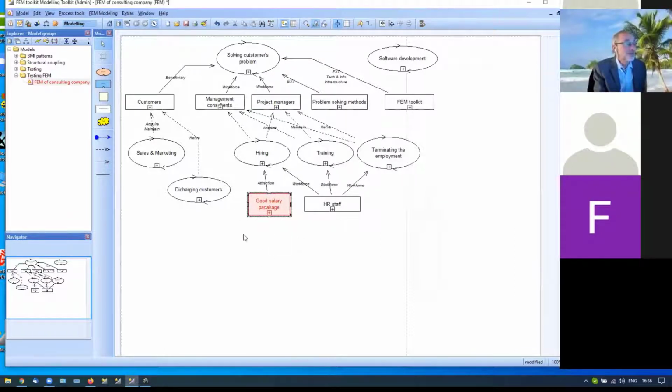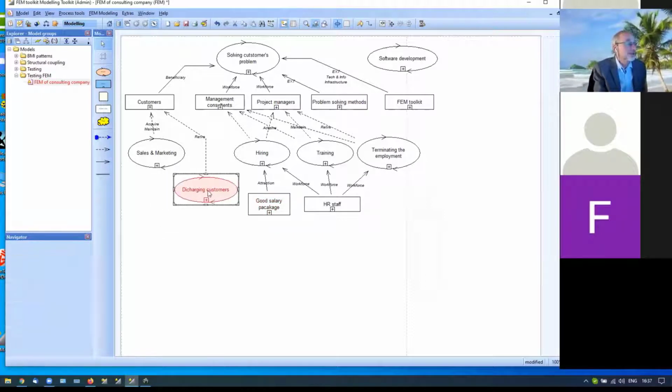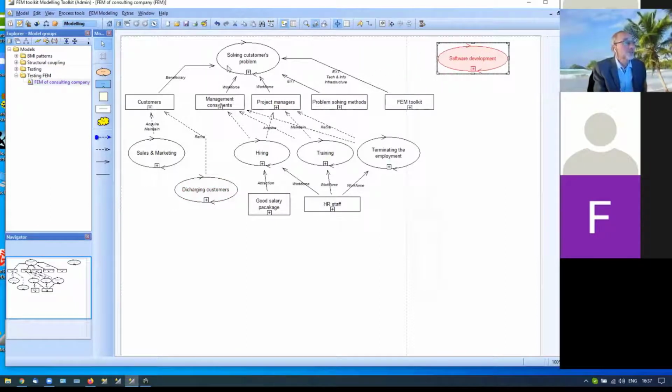And for sales and marketing, you need sales staff, and you need a different kind of attraction. And here we can make a connection. The process needs assets, and we see that the process can generate something, acquire something. So we can say that this process which solves customer problems creates a new very important asset,